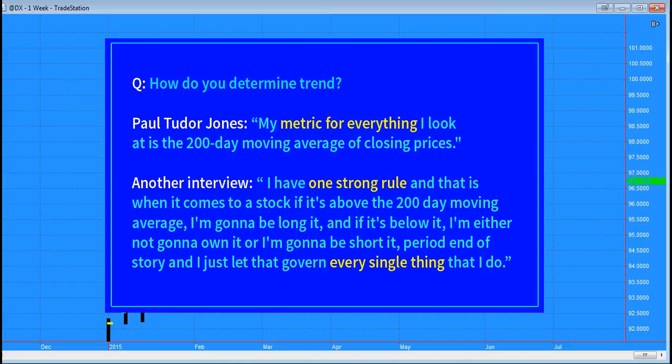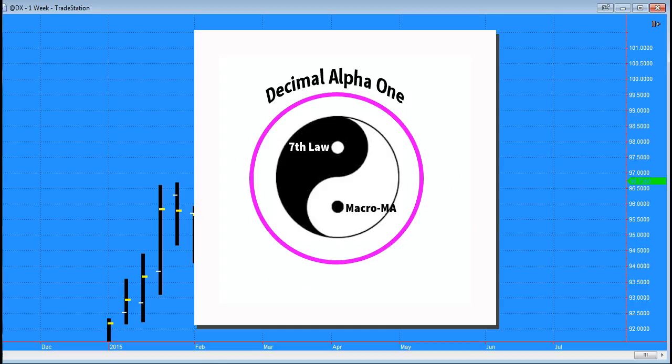The same can be said for conventional Edwards and McGee chart patterns such as head and shoulder formations. They can be useful in a macro context, but tend to be far less useful at a localized or lower time frame level. So the strategic framework we're describing pairs two models, one unconventional and one conventional, which will be interactive. Next, we wrap the decimal Alpha 1 around these two models as an overlay or a filter, which adds more models into the mix and imposes a trade selection algorithm or discipline by virtue of Alpha 1 or Alpha 2 signals. The Alpha 2 protocol will be covered in another video.